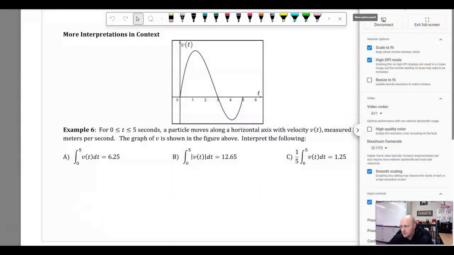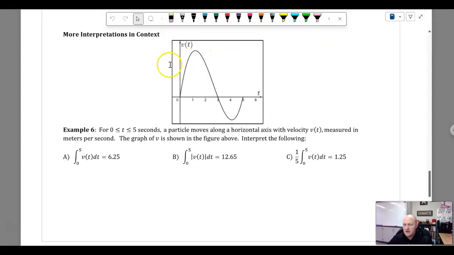In this example, we have a graph here, v of t, and they say for 0 to 5 seconds, a particle moves along a horizontal axis with velocity v of t, measured in meters per second. The graph of v is shown in the figure above. Interpret the following. Yes, position, velocity, acceleration is making a comeback, and we are going to go ahead and interpret